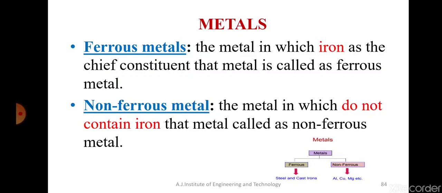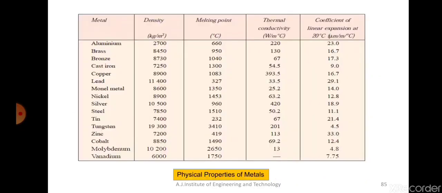Okay, this is not really important, but here is a chart which tells you the different physical properties of metals. You can see the different metals given in this. I will not really go through each of them. It is not really important for us to know each of the things, but what I want to say is, what do you mean by physical properties? I've told you that you need to know some of the properties of materials. Physical properties means the density, the melting point, the thermal conductivity, and the coefficient of linear expansion. All these things are classified as physical properties.